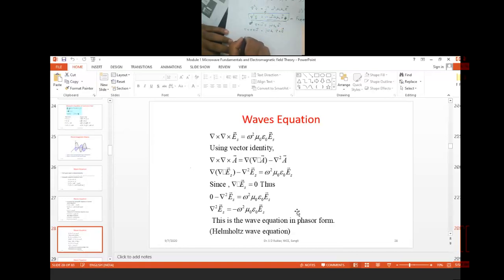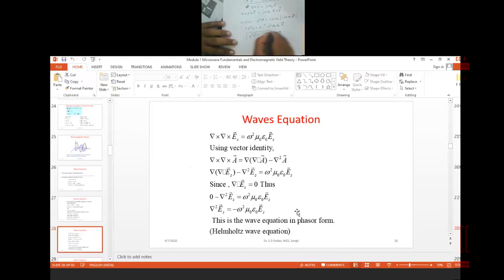Okay, so then del cross of del cross H, that is del of del dot H minus del square H, is equal to, sorry, plus j omega epsilon 0, and this del cross of E is equal to what? Minus j omega mu 0 H. We can solve it. We are getting del square H is equal to what? This one is a minus, this is j square omega square mu 0 epsilon 0 H. So now this minus becomes plus here, but j square is equal to minus 1. So del square H is equal to minus omega square mu 0 epsilon 0 H.